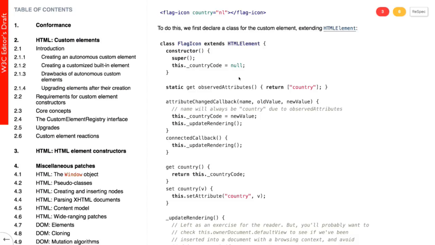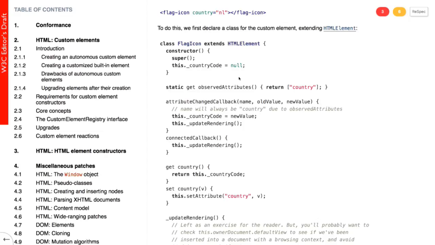And this will make it so that whenever we change the content of this attribute, the browser will observe that and tell us that, okay, the flag has changed. It might not be our code that changes that flag. It could be code from another component that changes that, but we will get a message when it does. And we get that message by overriding this function, attribute changed callback. So you override that one, and